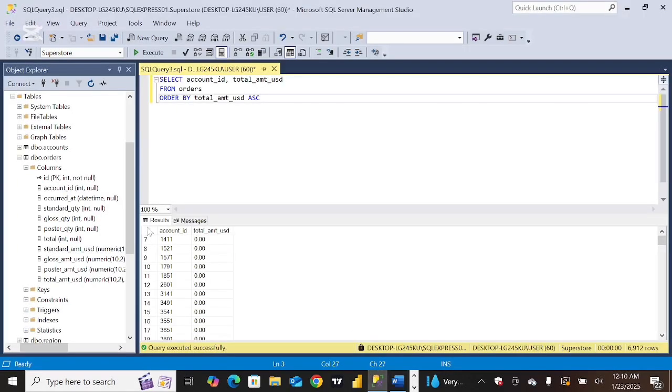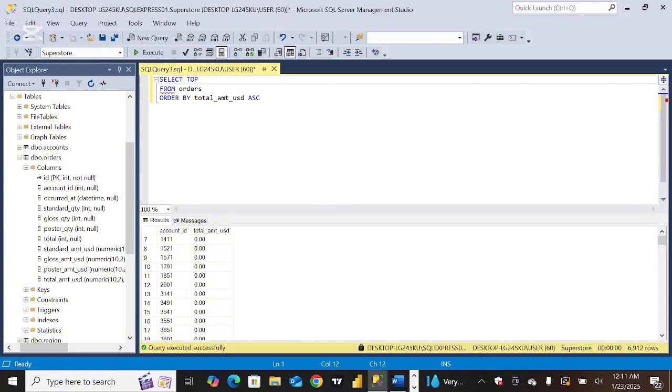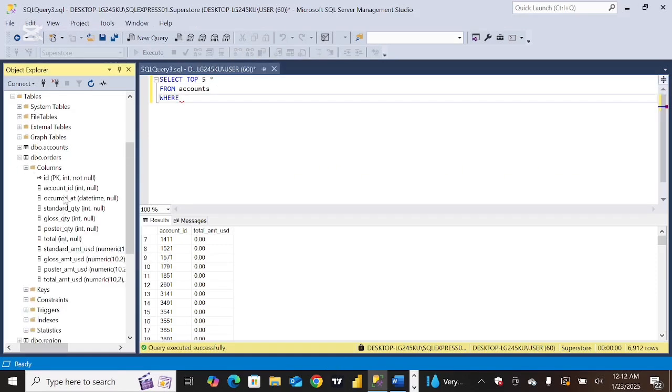Okay, now let's take, for instance, we want to write a query that returns the first 5 rows and all the columns from the orders table. Okay, the first 5 rows. So we have to use SELECT TOP. Love my keywords in capital letters. SELECT TOP 5 from all the columns. Let's use the orders table